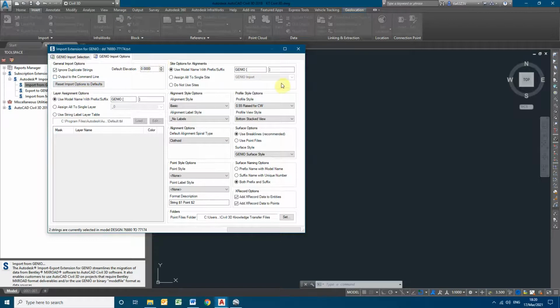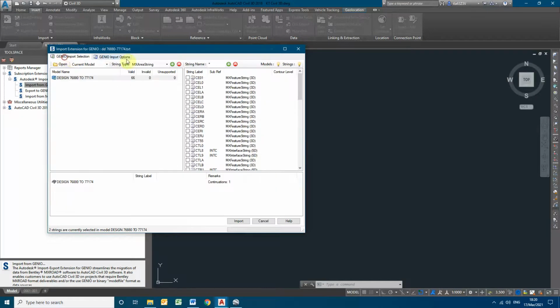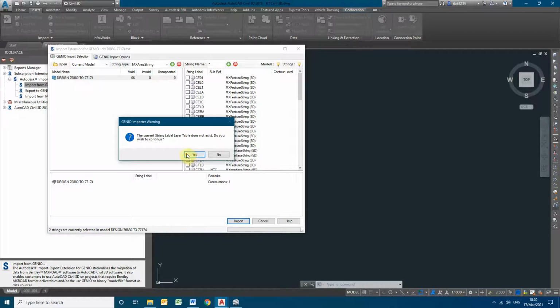Here we also have the import settings. We can give the layer style, standard, for whatever Genio file we are importing, and for the string file we can give an all label style set, and now we can import.